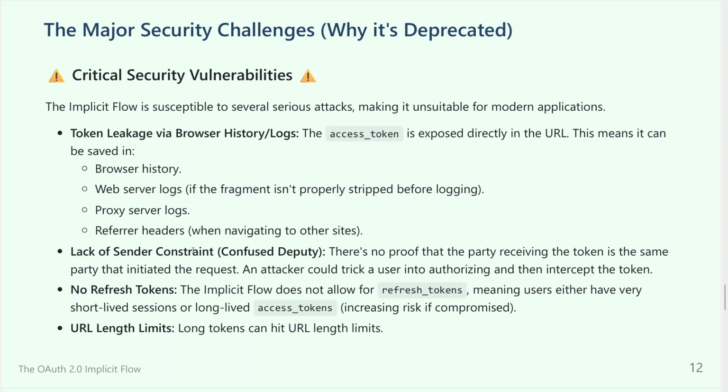Okay. And there is another thing, which is the lack of sender constraint. So there is no proof that the party receiving the token is the same party that initiated the request. And this is addressed with the current flow, the most recent one, which is safer because there is a middle step, a second step, where a code is generated on the client that will be sent to the authorization server, and later the authorization server will check the code and say, okay, I will now send the access token, and it somehow proves that it is sending the access token and ID token to the entity that